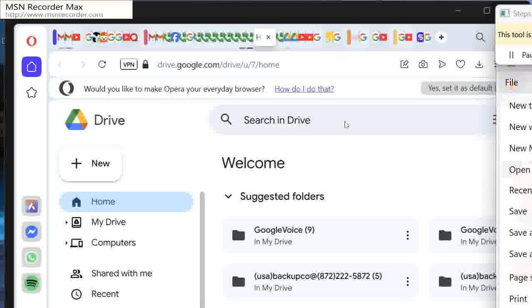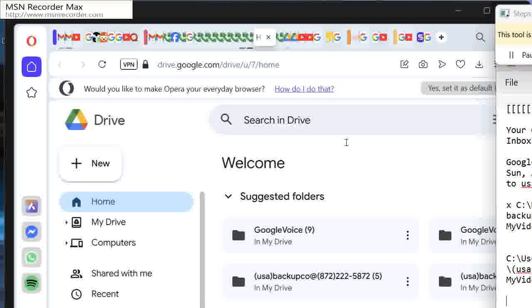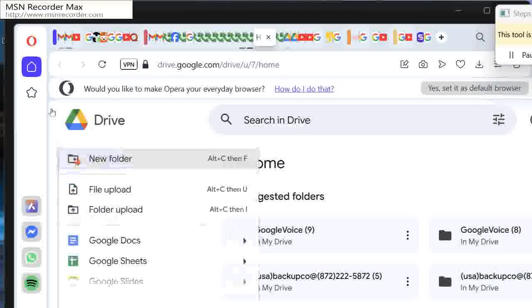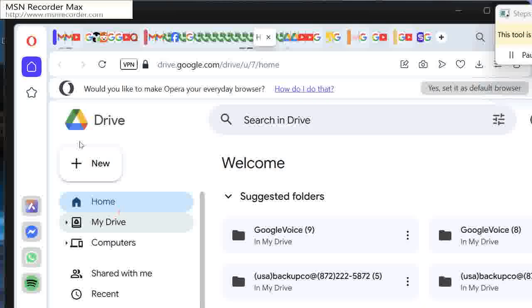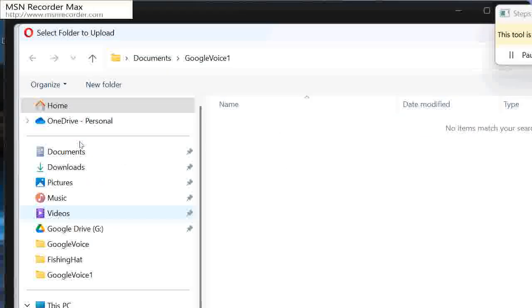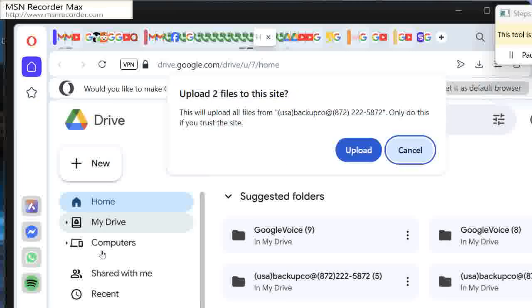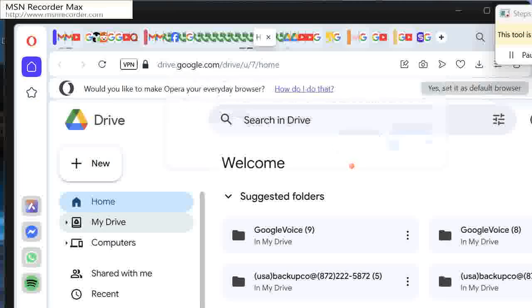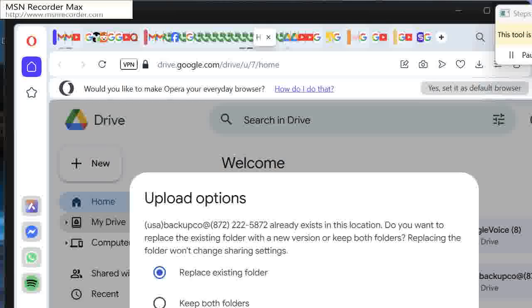And now I want to upload it, folder upload to Google Drive. Control V and backspace all the way to the backslash. Then press enter once, enter twice, tap the upload button, select keep both folders, tap the upload button again,